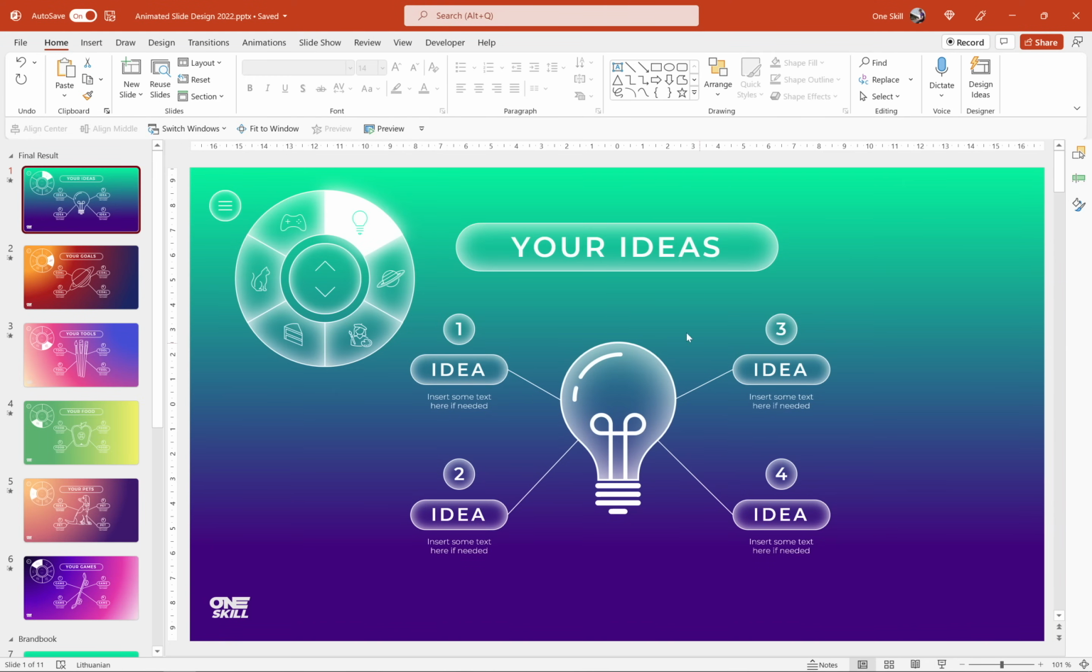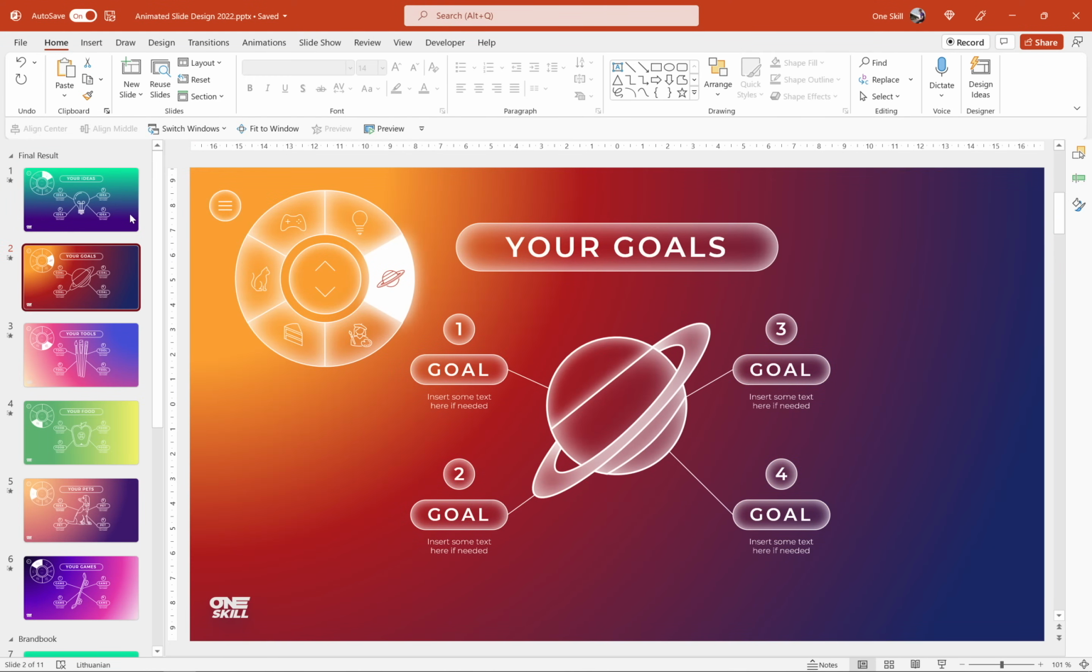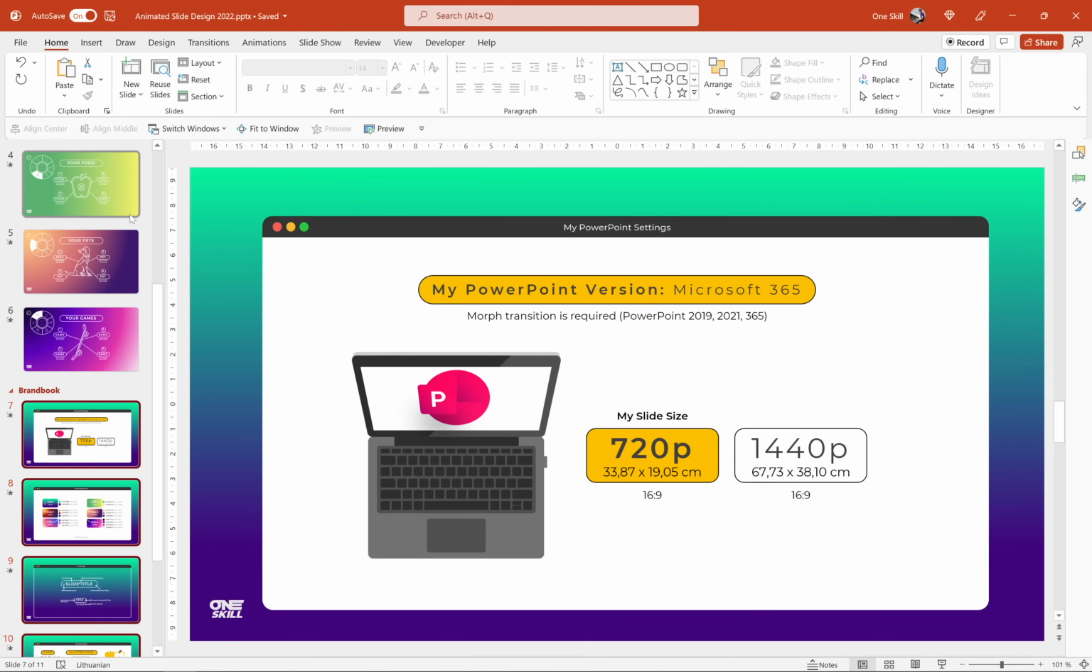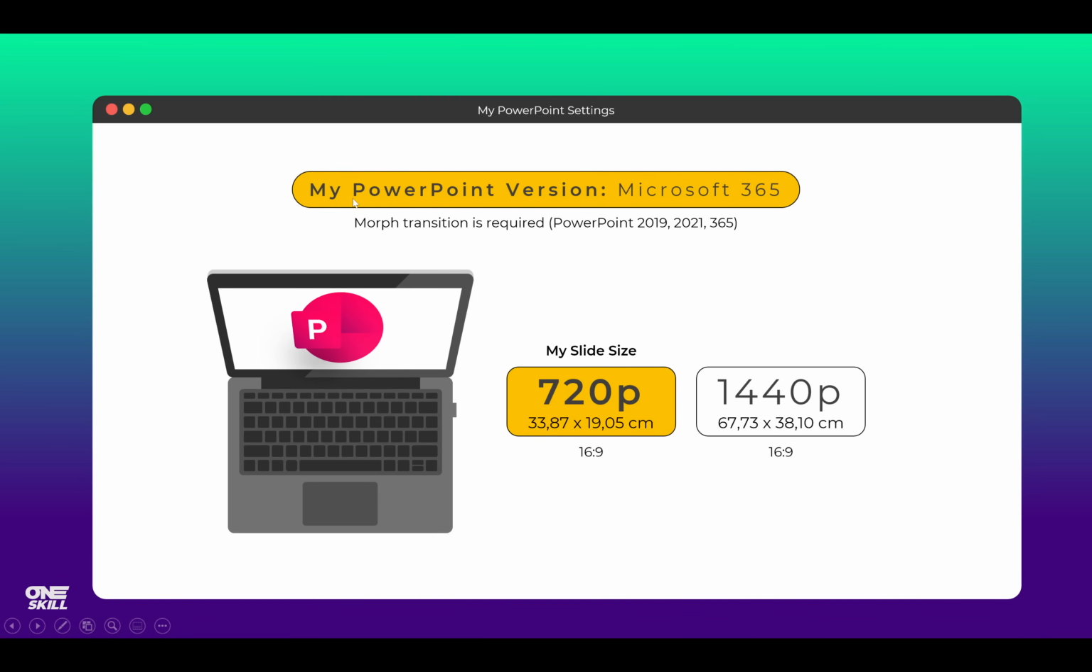Alright my friends, so let's jump into PowerPoint and let's start creating these beautiful slides. And before we get started, let me share with you a couple of settings that I'll be using throughout this tutorial. First of all, my PowerPoint version is Microsoft 365, and it's pretty important having the latest PowerPoint versions such as 2019, 2021 or 365, because these PowerPoint versions have something that is called Morph transition,